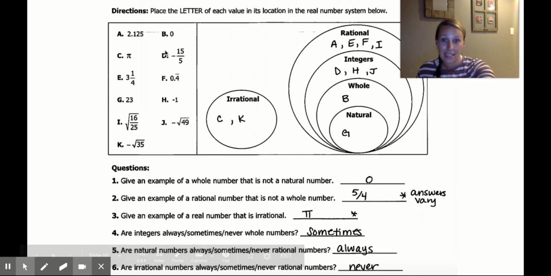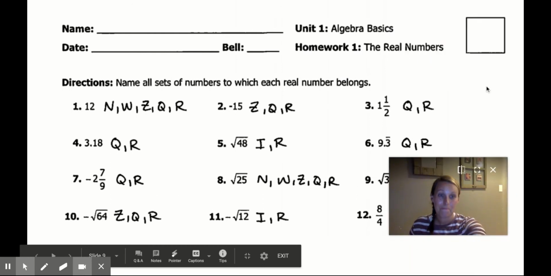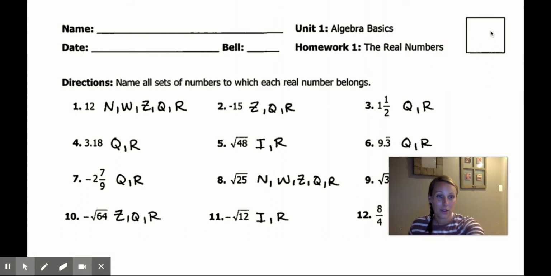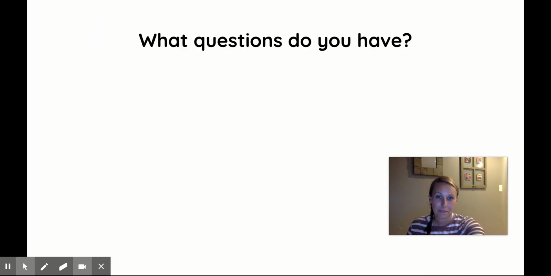7, 8, 9, 10, 11, 12, 13, 14, 15, 16, 17. And then the page before, another 12. So that would be a total of 29 points. However many you got correct out of 29, please write in this box in the upper right-hand corner. If you have questions, maybe jot them down right on the top or somewhere on this assignment so that when I see you again, you can remember to ask me about them.